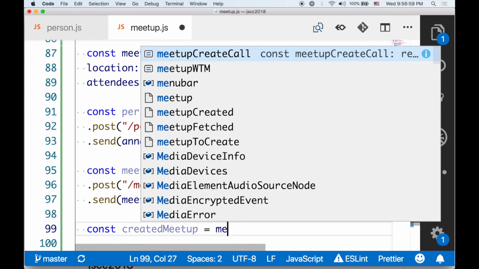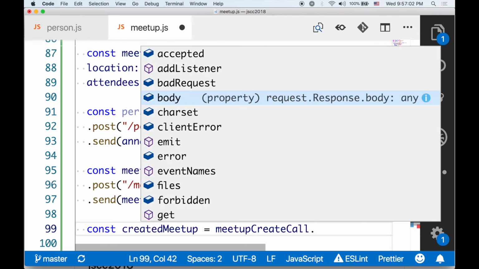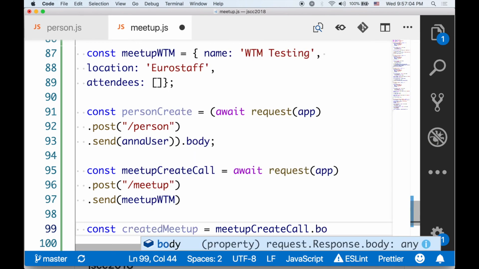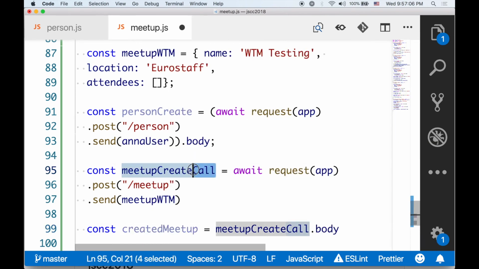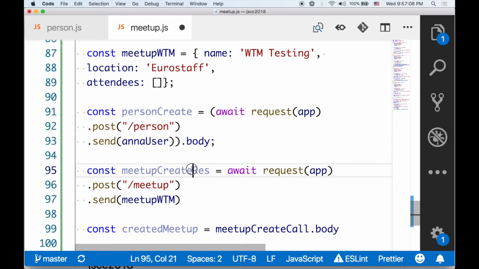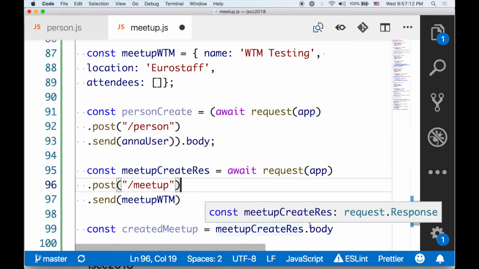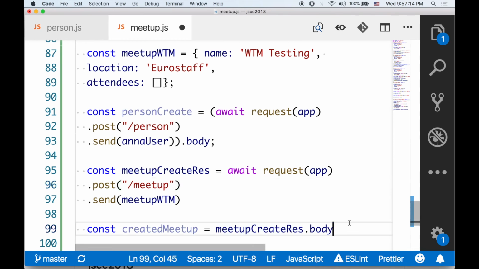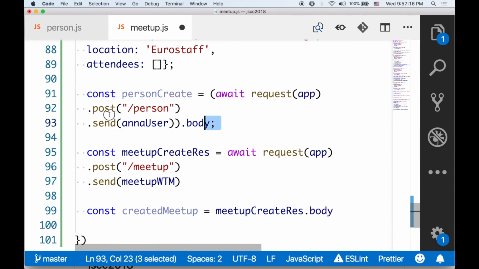You cannot assume that there's an existing user. You cannot assume that there's an existing meetup. You have to create all of those from scratch. You have to create the meetup and the user that you want to test for, and then ask that user to attend that. So you can either do it like this,